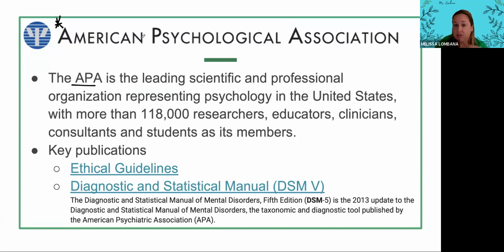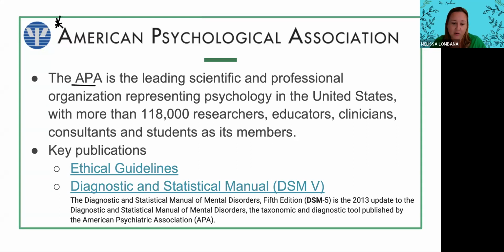American Psychological Association. It's their professional and scientific organization in psychology that basically represents psychology in the United States, which means that they're the ones that usually are funding or accepting research. They're the ones, the articles, you could actually go into their website and sign up for their newsletter. They send some interesting articles out there. So definitely, if you're into psychology and want to find research, or articles that are relevant, this is definitely the place to go. And they're the ones that